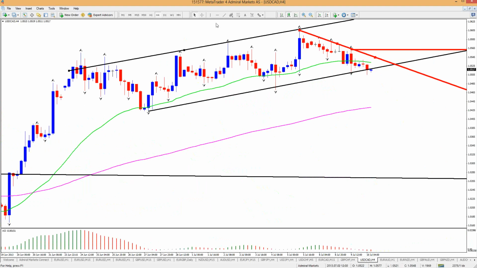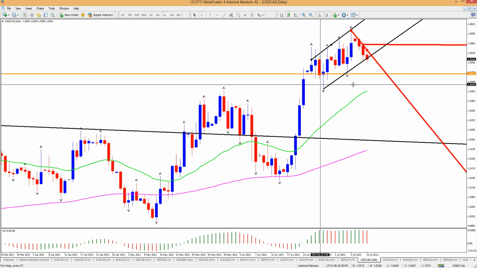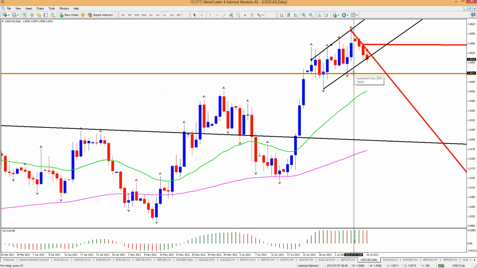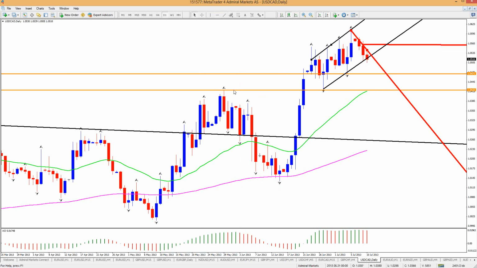So even if it breaks this trend channel, to be honest, I would still be bullish above 104.70, which is the key 4-hour support level. Once we break 104.70, if the dollar CAD moves down under that level, then I'm getting cautious because that's a daily support level as well. If it breaks 104.70, we're in neutral territory, and probably wouldn't be bearish until we break 104.20,